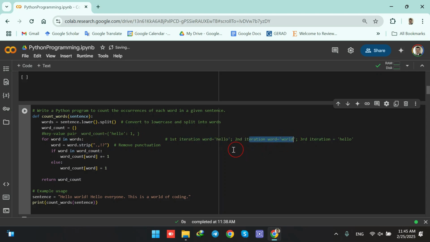In the second iteration, word equals word. So we check to see, is word in the word count dictionary? No, in my word count dictionary, I just have hello and its corresponding value. So this part is not executed because this part is false. Then we come here. When we come here, we see that we need to create a new key with its corresponding value. So a new key is our word in the word count dictionary, and its value is 1. So it means that we are going to have word, and its corresponding value is 1. Okay,